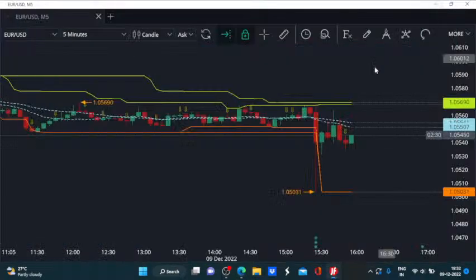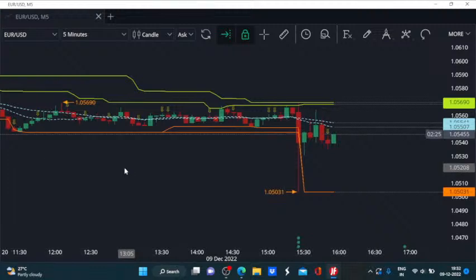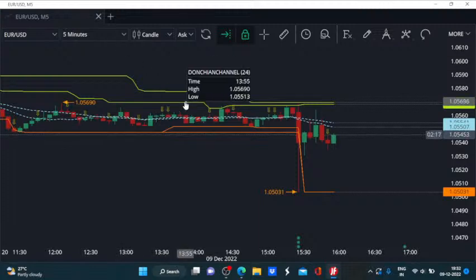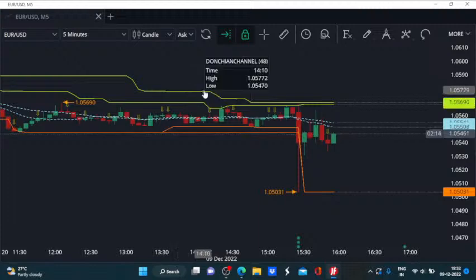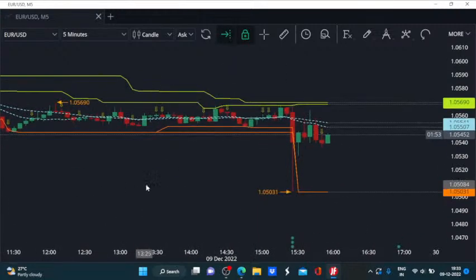So let us now head to the JForex, the newly released trading platform for the Dukascopy Bank SA. This is the EURUSD chart with the candle period being defined at 5 minutes. I have added this Donchian channel 24, which represents the range of the last 2 hours, and Donchian channel 48, which represents the range for the last 4 hours, as this is the indicator with a calculation period of 48 with each candle defined at 5 minutes. That's the 240 minutes worth of data which we are looking at